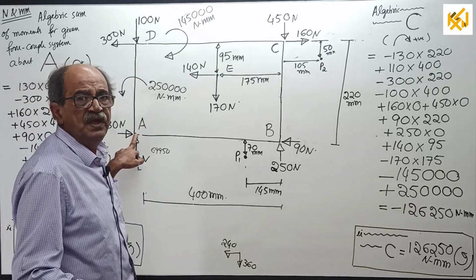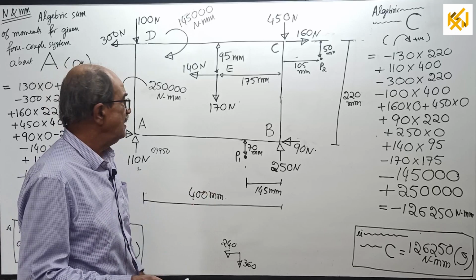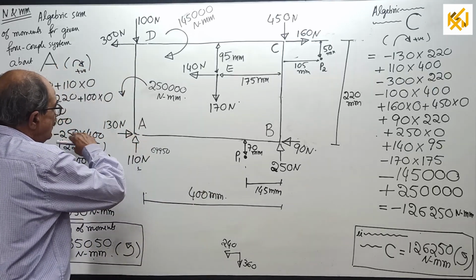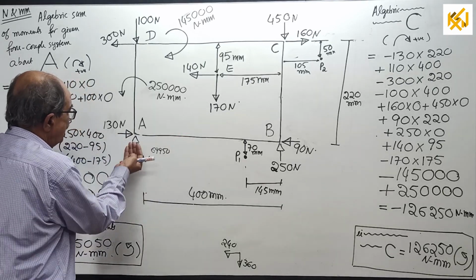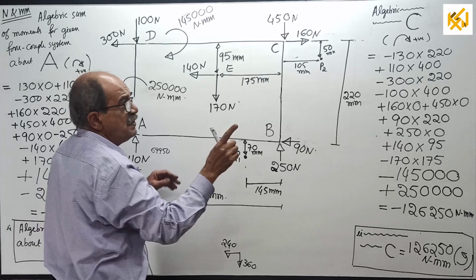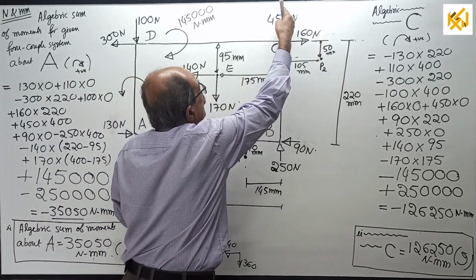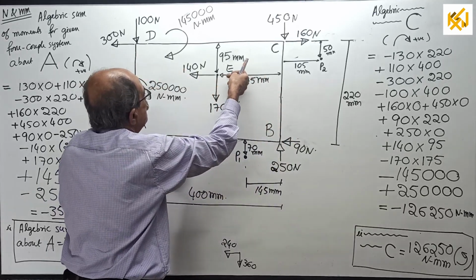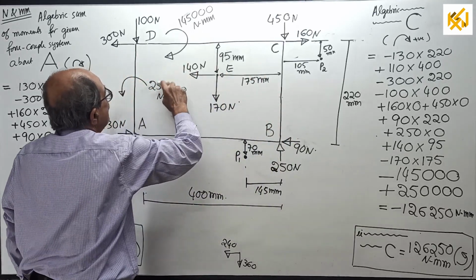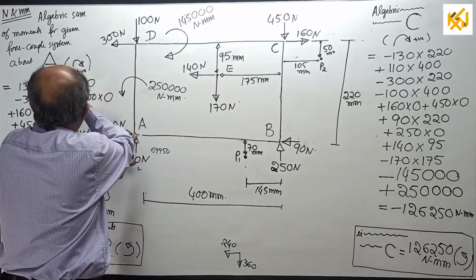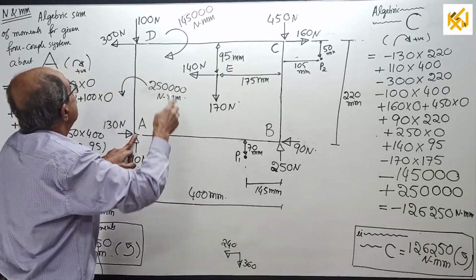Now some order I will maintain. I will start from A. Every point I will start from here. First horizontal, next vertical, next here. First horizontal, next vertical. I will maintain the same trend. Horizontal, then vertical. Lastly, horizontal, vertical. Oh, not over. See again. Horizontal, vertical. Lastly, these two couples. Start. Don't see there. See what I am explaining now.